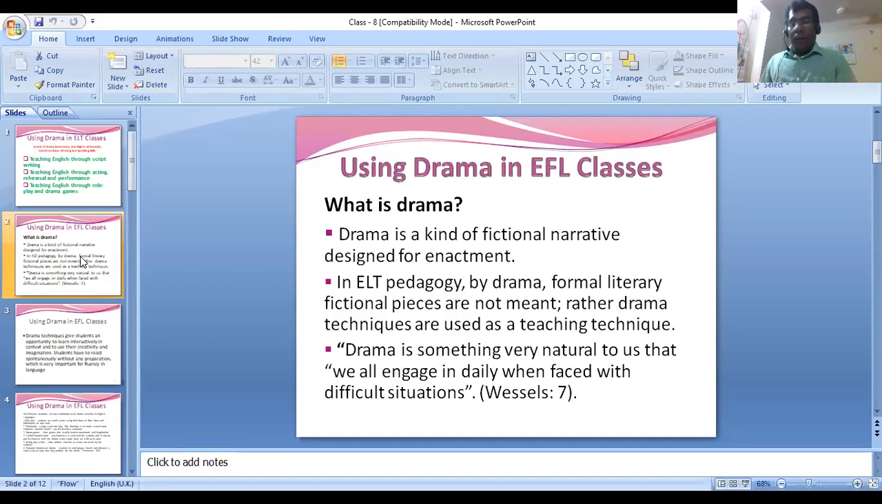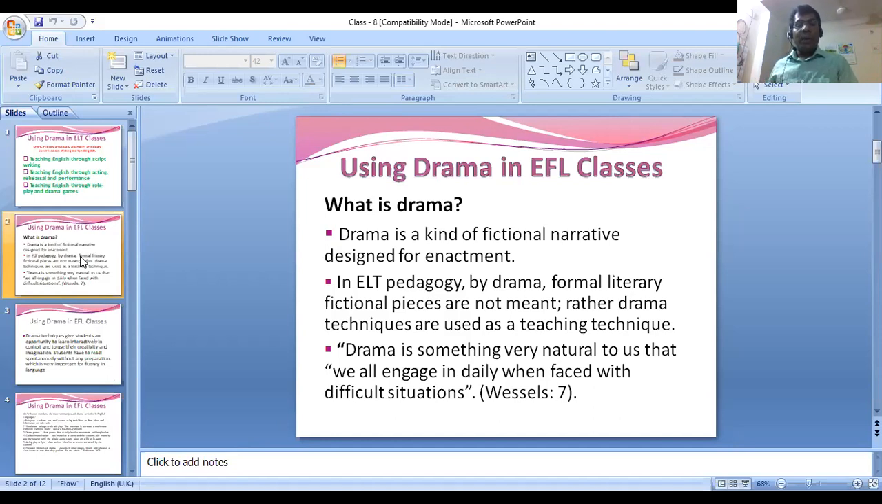One famous man, his name is Charles Wessels. He has a very good book on how to use drama in the language class. You can buy the book. The name of the book is Drama. At the end of the class, I will show you the picture of the book. He has shown how to use drama in an English language class to teach students English, especially in an EFL class or in an ESL class. That means foreign language learners and second language learners can both be taught English